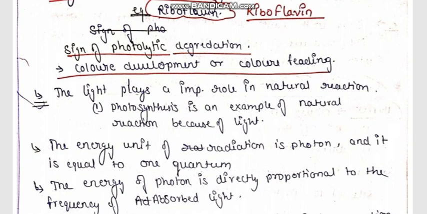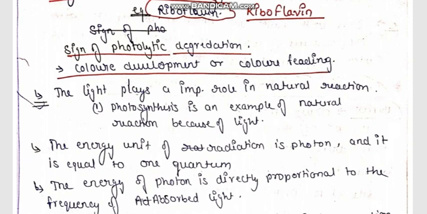In the case of tablets, strips or dots can be seen if the tablet is white in color. In the case of a white tablet, if some dots are seen, it means the drug has been degraded due to light. And in the case of a brighter colored tablet, color fading generally happens. All these color changes are symbols of photolytic degradation.